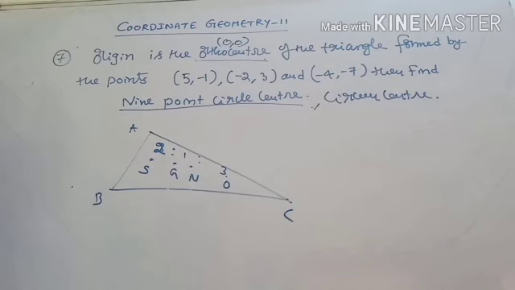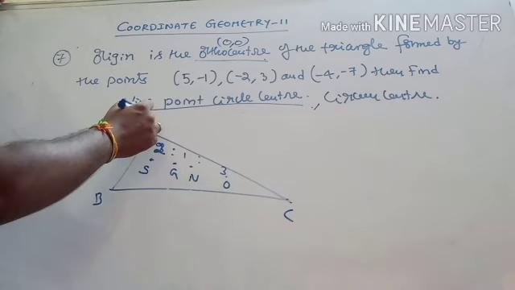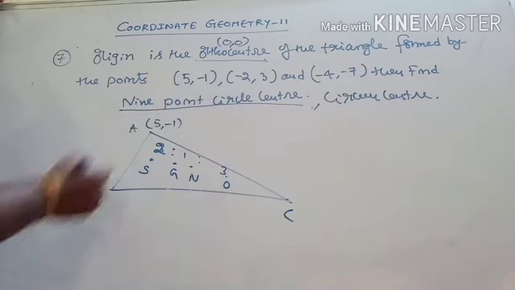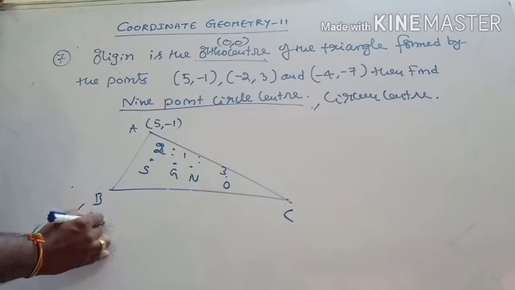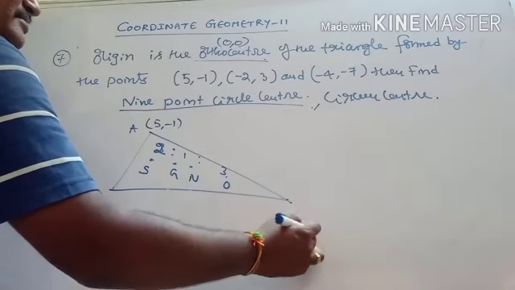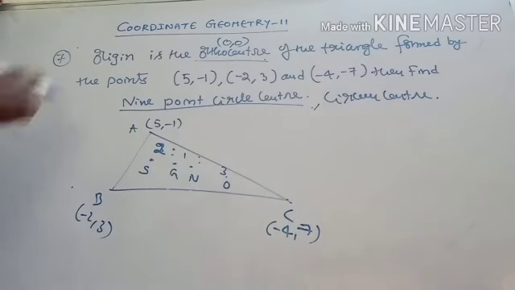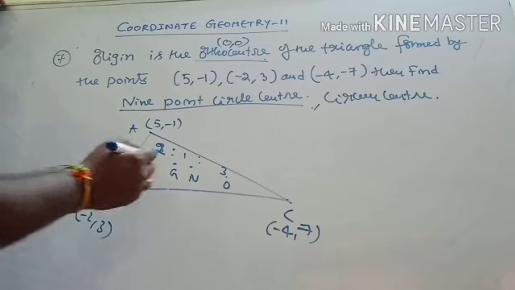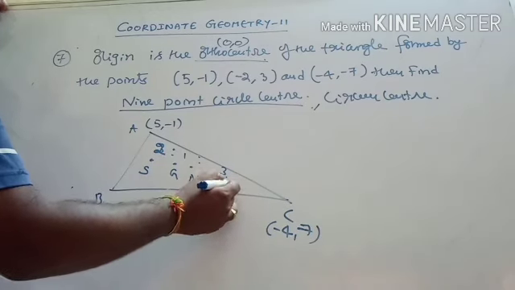You see, my dear students, how we are going to do this particular problem. It's a very simple one. See, this is one vertex they have given, 5 comma minus 1, and minus 2 comma 3, and C as minus 4 comma minus 7, right? Well, once we have got these, these are the vertices of a triangle. They have given the orthocenter. I told you already, okay?